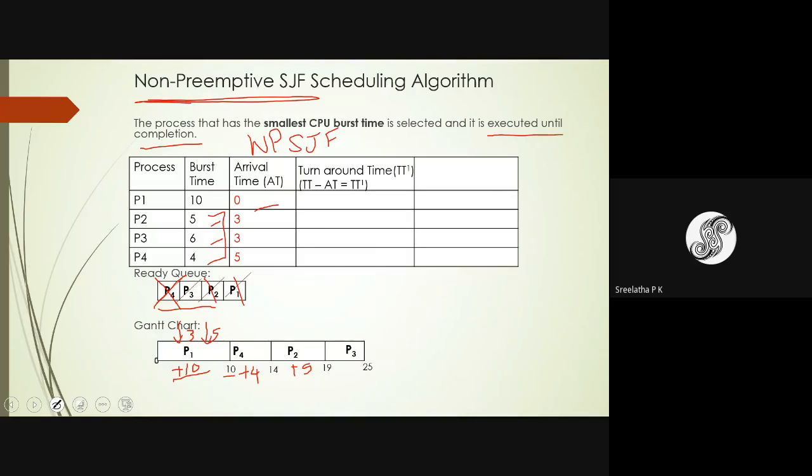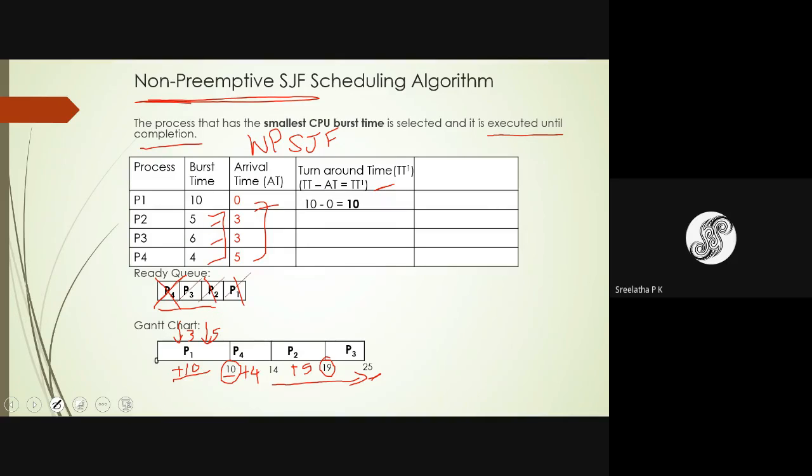Okay, next, turnaround time. As I have told, the actual time for which the program was in the processing state is turnaround time. See the time when the programs have completed the execution. P1 completed at 10 milliseconds, P2 at 19 milliseconds, and so on in the Gantt chart. This shows the CPU time at which it has completed. Some programs have arrived late, so the actual completion time minus arrival time gives the actual turnaround time. So 10 minus 0 is 10.